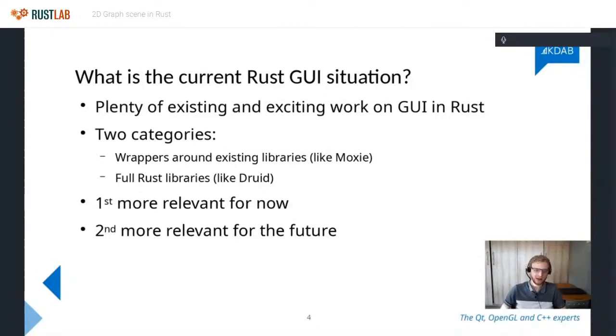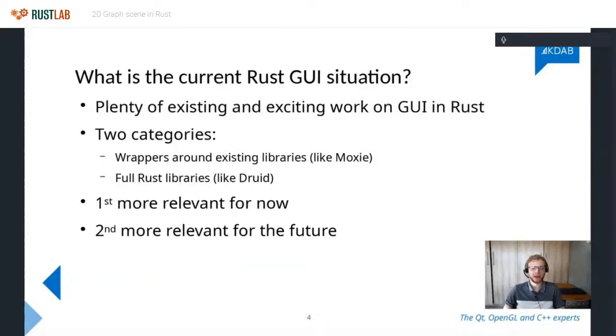You want to look at something which just wraps Qt or GTK or whatever, so that you've got a stable foundation on which to build, and you're going to get the same stability that doing Qt and C++ offers you, because, as I said, if you're using just a thin wrapper, there isn't that much which can go wrong in the wrapper. So yeah, you're definitely going to want to look at one of those libraries